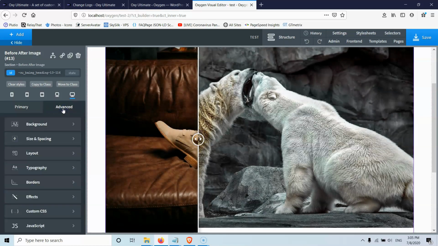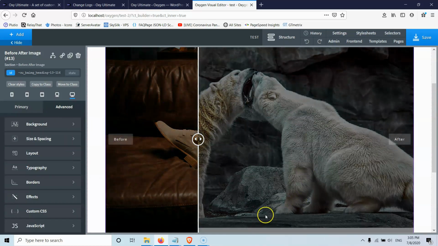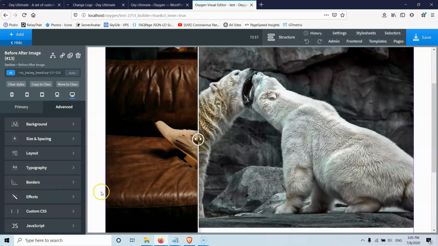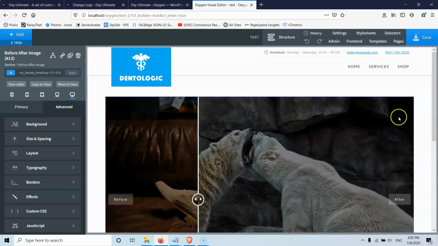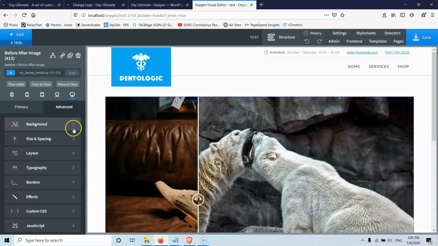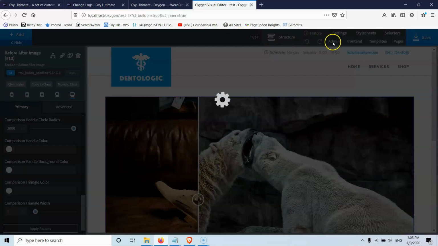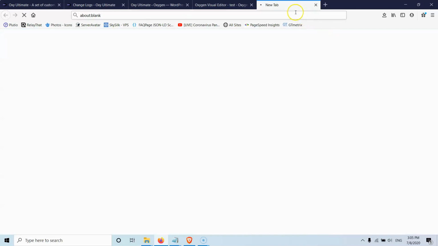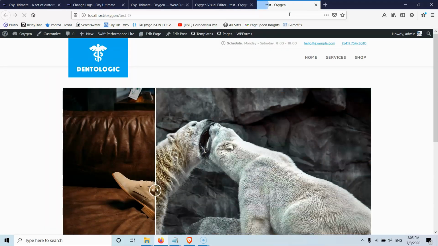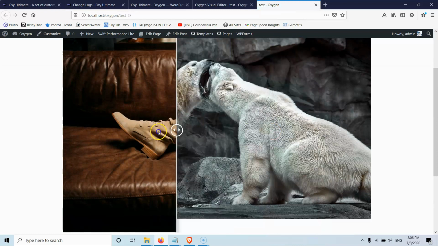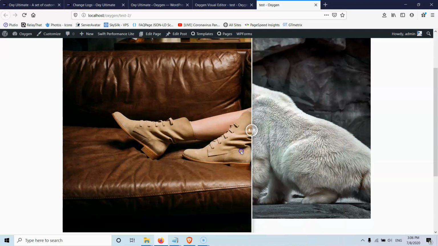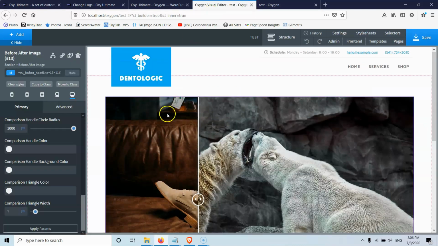And also, if we go to advanced, we will see that we can change everything from Oxygen, like the borders, we can drop a shadow here, we can have a box shadow, we can have radius for this element, we can change the background, and we can have everything that we're supposed to do. So if I hit save and I go to the front end, I can click and I can do this kind of effect. Okay, let's go back. We're going to delete that.